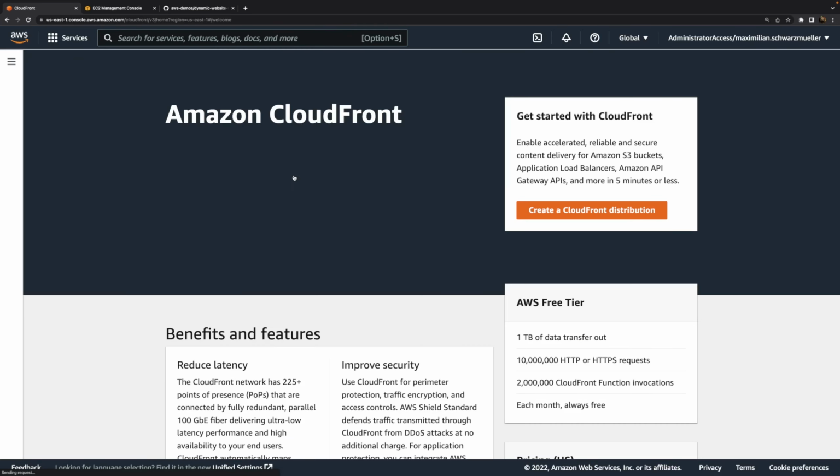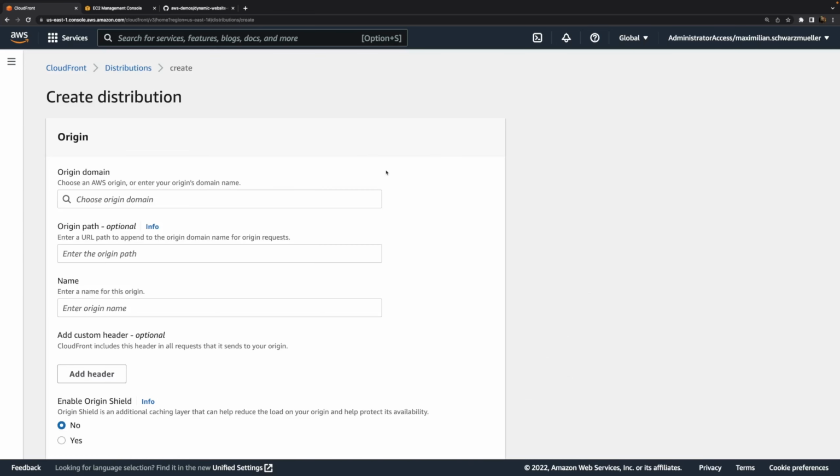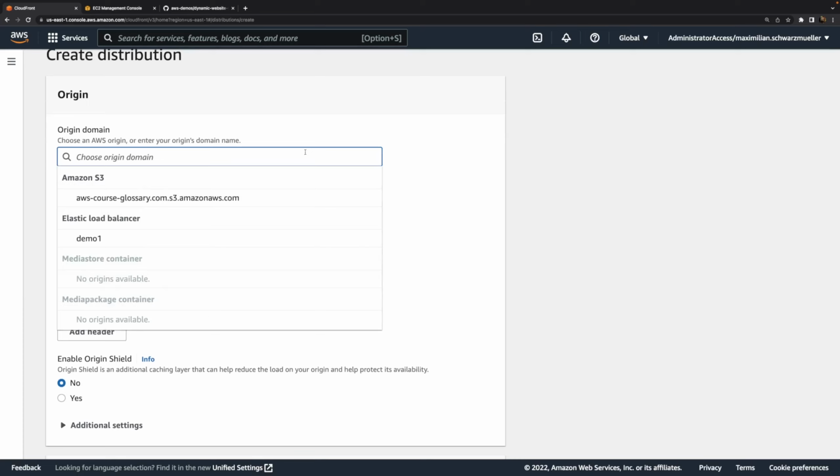CloudFront gives us access to these edge locations and makes sure that certain responses by our web server are cached on these edge locations so that users can send requests to these edge locations which are closer to them than our main server, which is in one single region, so that ultimately our website is delivered faster to our users. Now, we simply start by creating a so-called CloudFront distribution. And as a first step, we have to choose an origin. That's basically the main server or the main thing that contains our content that should be cached at the edge.